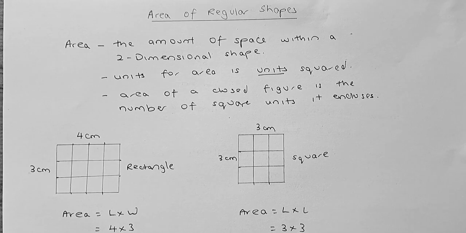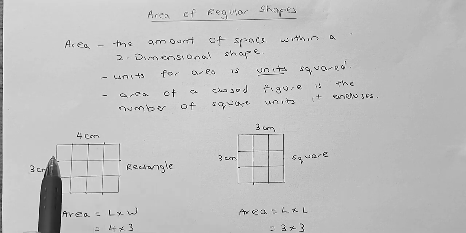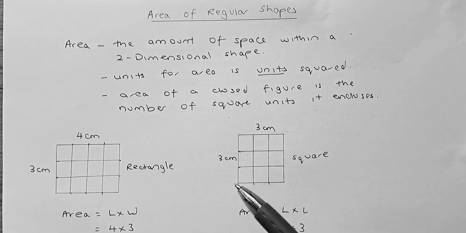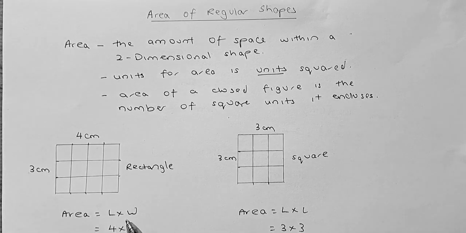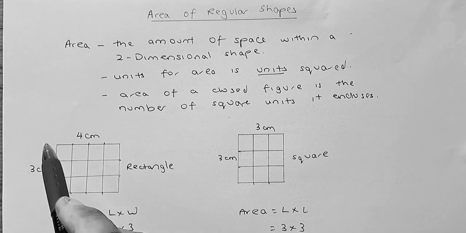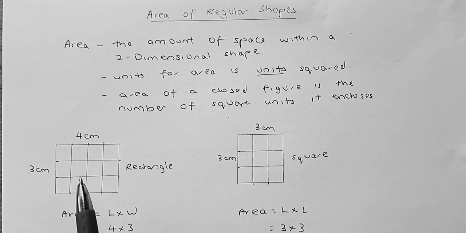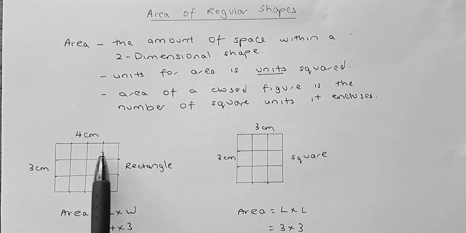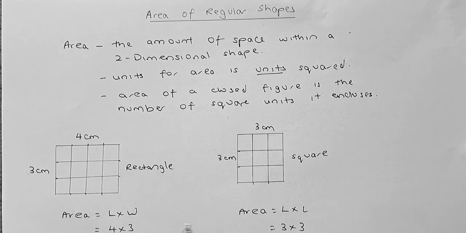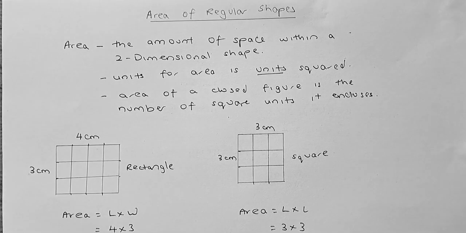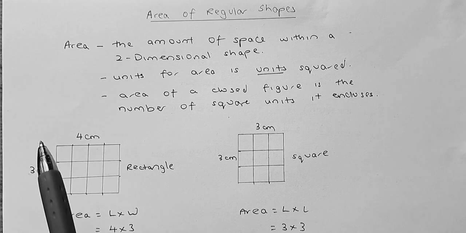So for example, if we have a rectangle, the length is 4 and the width is 3. To calculate the area, it's always length times width. So length is 4, width is 3, you multiply them together and you get 12 centimeters squared. In other words, if you break them down into 1 centimeter squares and count the number of squares, there are altogether 12 square units in a rectangle of length 4